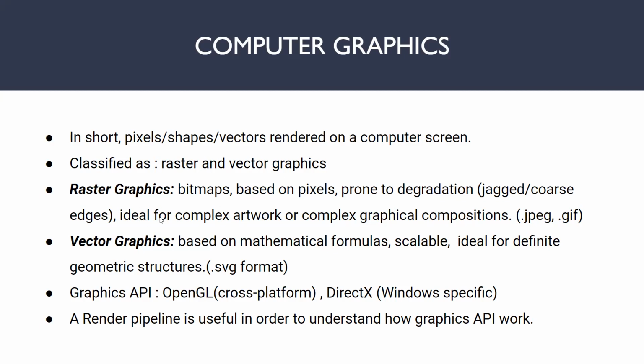Raster graphics are very much ideal for hand-drawn digital art and stuff as a storage. All the .jpeg and .gif files that you see on your computer are basically raster graphics. Apart from raster graphics, there are also vector graphics, which are instead made up of mathematical algorithms and formulas. One big example is scalable vector graphics, .svg files.